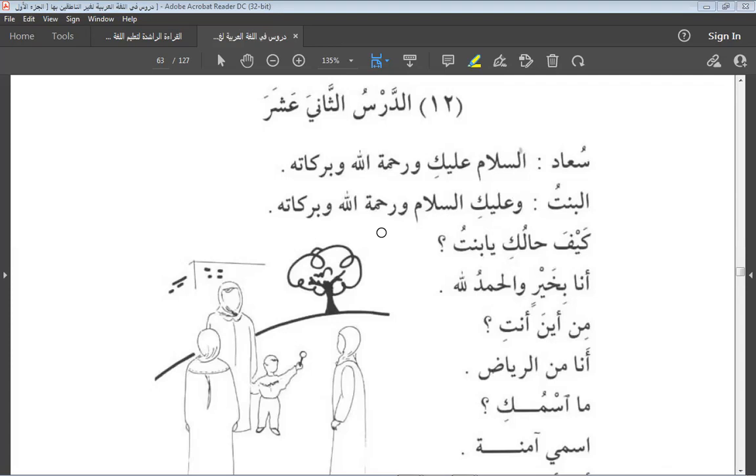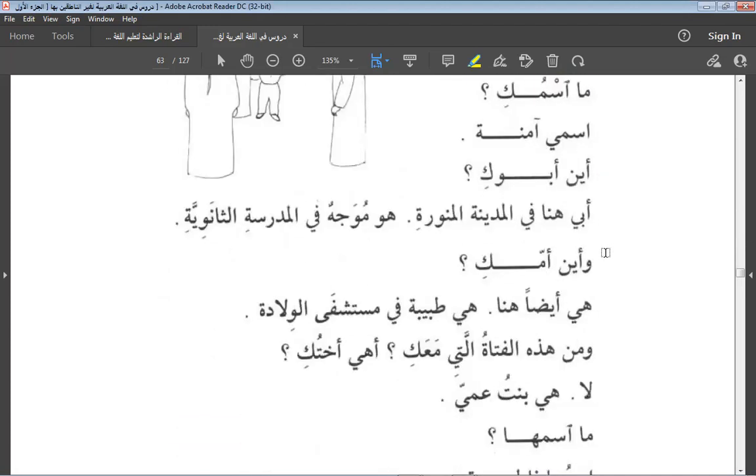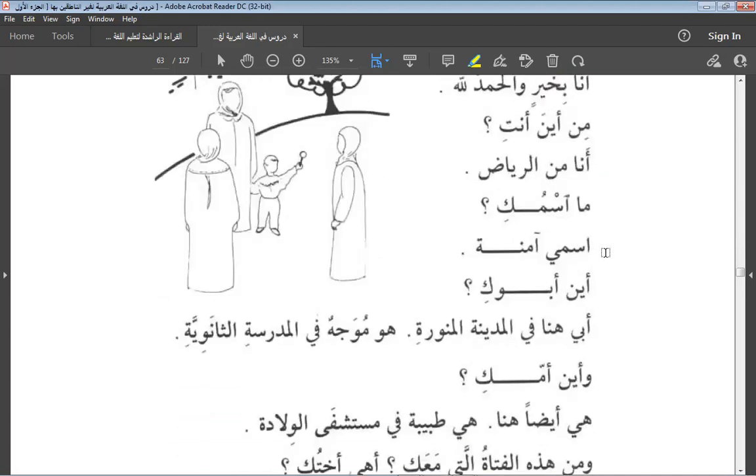الدرس الثانية عشرة. I've said the numbers from 11 to 19. You see them like this. مبني جزئين. They both come with fatha, fatha like this. Inshallah, when we discuss numbers as a lesson, we will talk about the deeper rulings or the higher rulings. سعاد هذا الدرس حوار بين سعاد وأظن البنت. أم ليس حوار؟ بدأنا نقرأ.